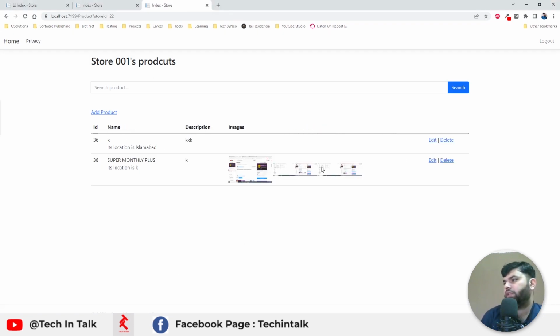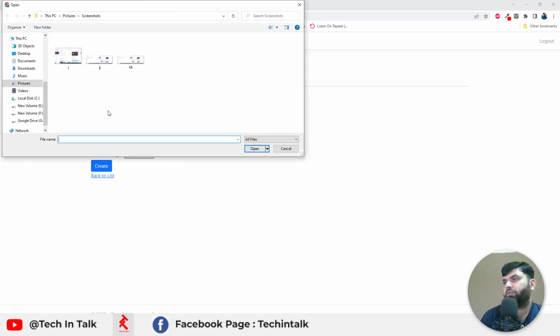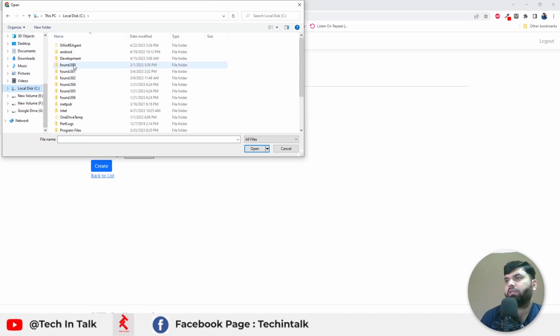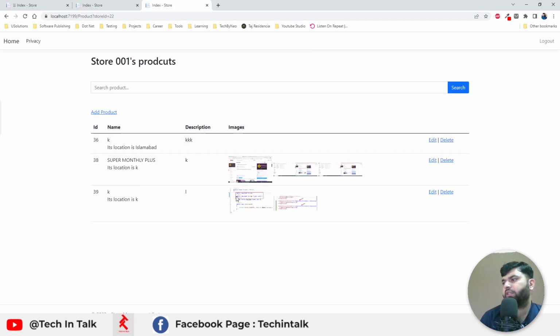Alright, now you can see there are three images coming against that product on the main products list. So whenever we are adding a new product with different images, let's choose some different images this time. Let's say we are getting those images from development. Then we have, let's say, these two different images, and we have those images appearing in the list as well. So now we have added support for images, but